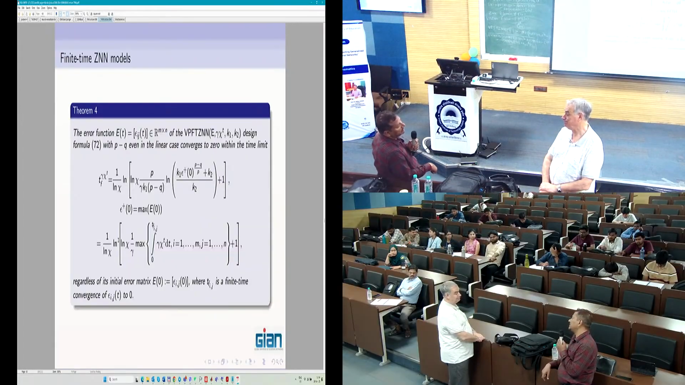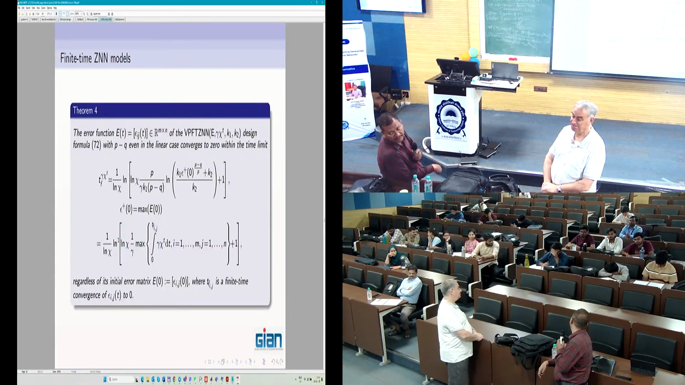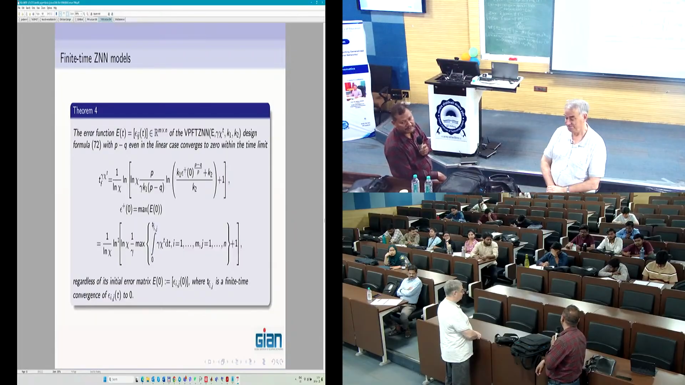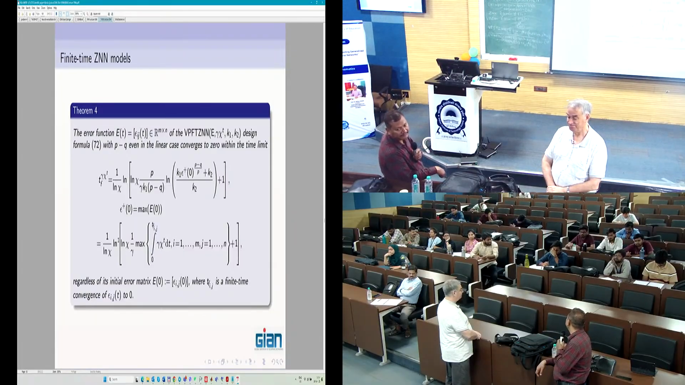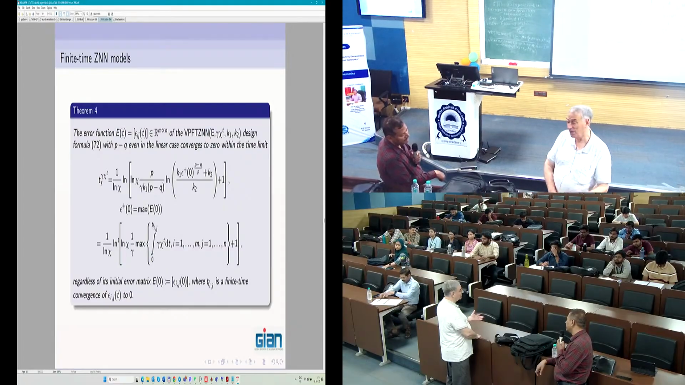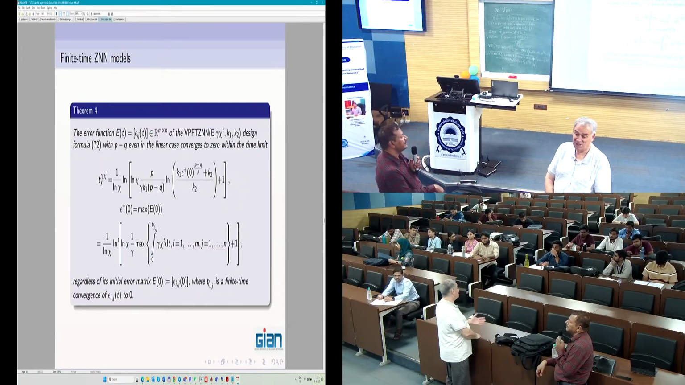Think, okay, A transpose A is always positive definite, whatever the value of T is. What will happen with arbitrary A of T? So it is parameter independent, you can say. ZNN is always applicable to the time-varying case. We can apply it to the constant case as well, but there is no